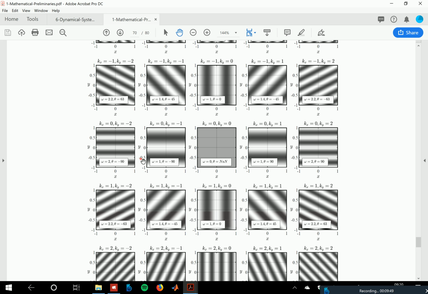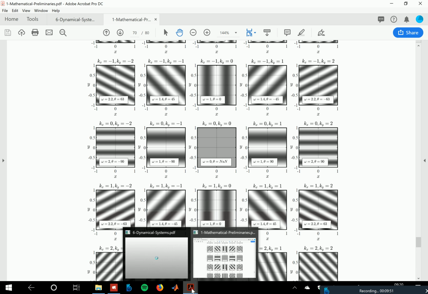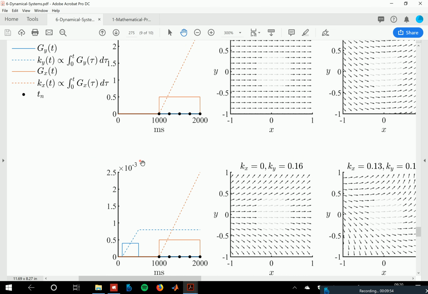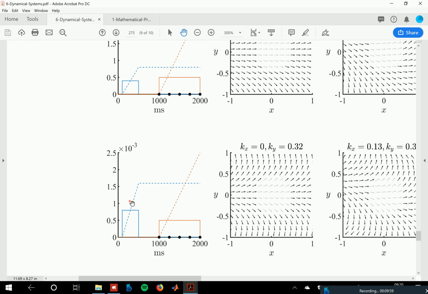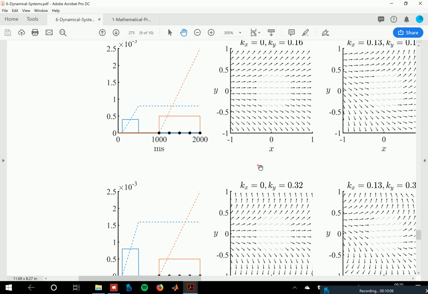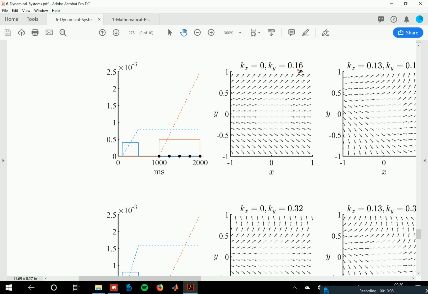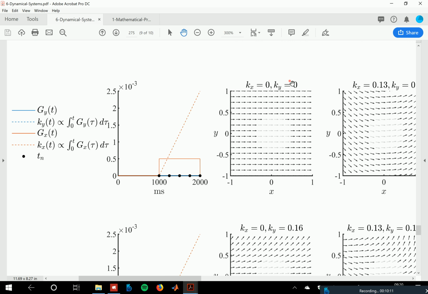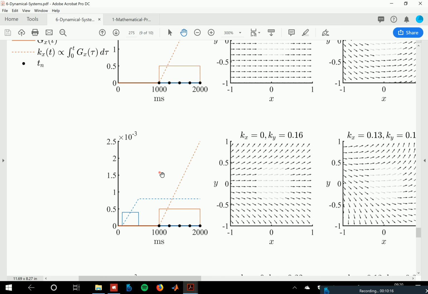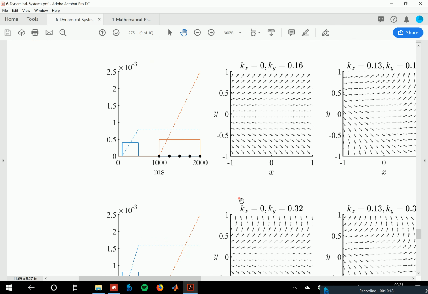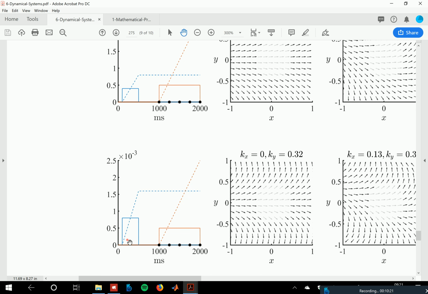Now, to increase the spatial frequency of this, one can of course turn on the Y gradient more after yet another excitation pulse, then the spatial integral is higher, and correspondingly the ky value is higher. So here it was 0 because there was no time integral whatsoever. Here it was 0.16, which came out from this, and here, because the gradient was turned on to double the amount, it was